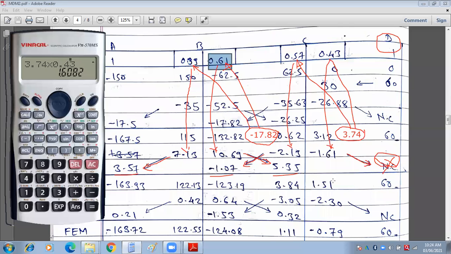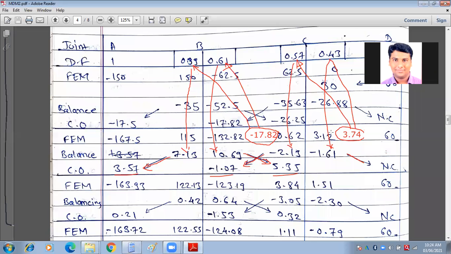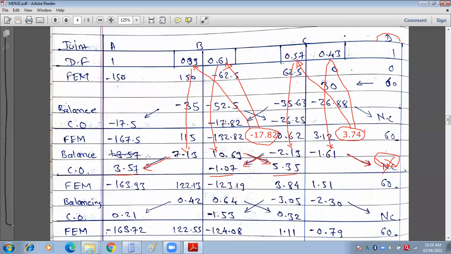Now once you have made these calculations, balance and carryover, we have to make the addition of these two terms. We will be getting the fixed end moment over addition of these two terms. We will be getting the fixed end moment over addition of these three terms. We will be getting the moment over here. Addition of these three terms, we will be getting fixed moment over here. Addition of these two terms, we will be getting this moment over here, and this 60 will be carried as